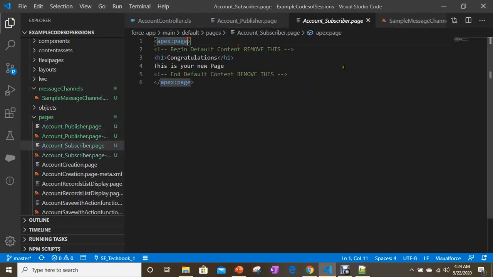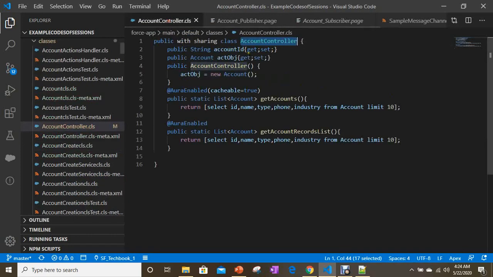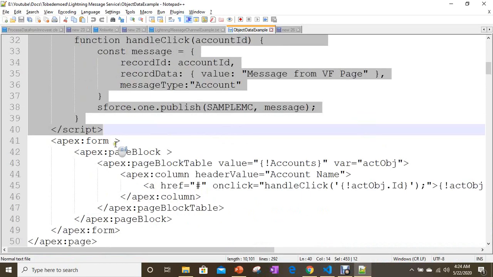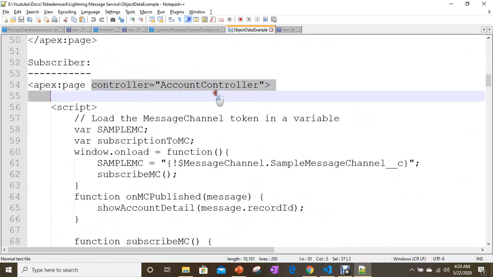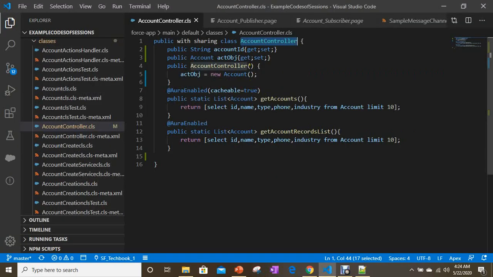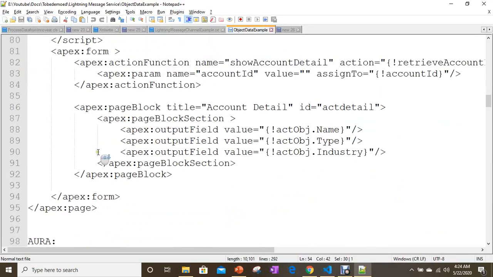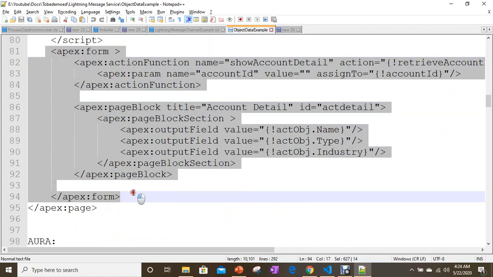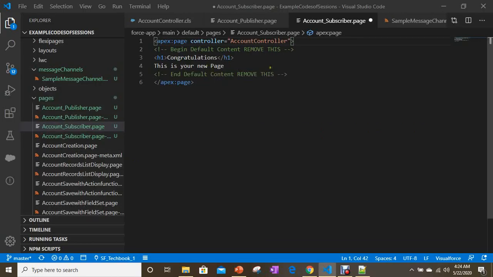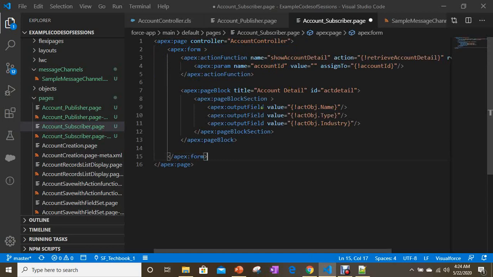Account subscriber, right? So let's give this and page block section.